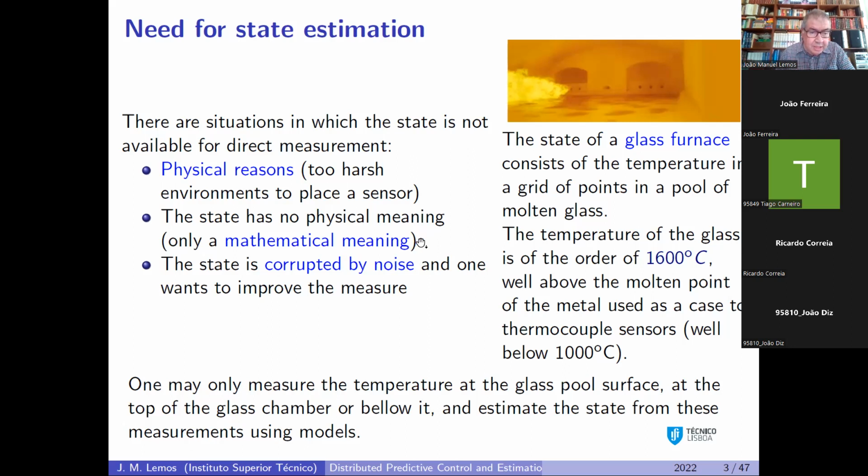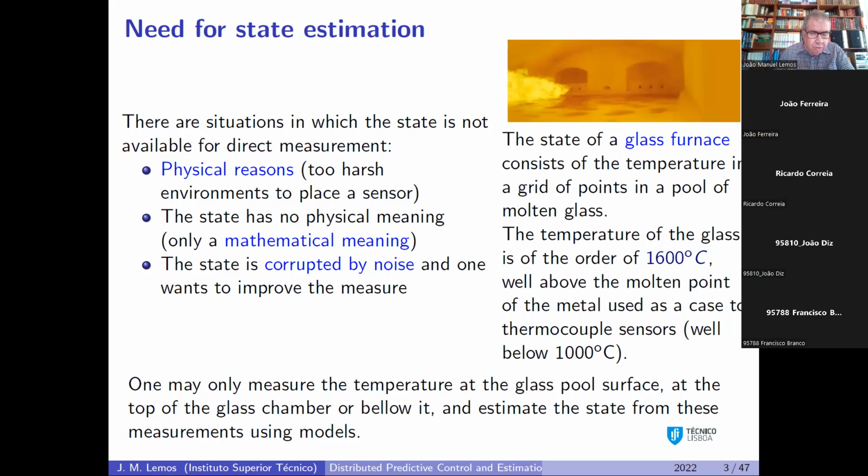And this means that you cannot have a sensor that measures it. So again, you can only estimate it. And I've included also here the situation in which you have a state corrupted by noise and you want to minimize the effects of the noise on your measurements. So these type of situations, and perhaps more situations, for instance,